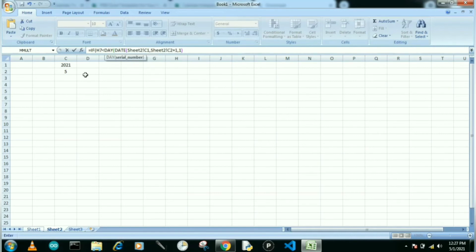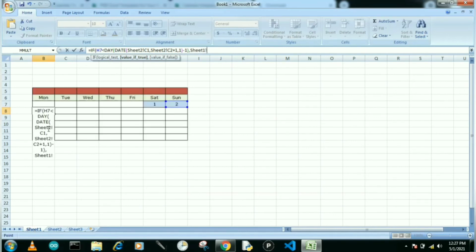Now you have to just write here comma and 1 for the day, and you have to close the bracket, and again you have to just write here -1 because it will ultimately change the value, so you just need to write here -1 bracket close, and you have to again write here comma, and you go here and you can see the box which is B7. Sorry, our value is in H7. So what you have to do, you have to just put the H7, and you have to just again write +1 for the increment, now comma and inverted comma for if no value,